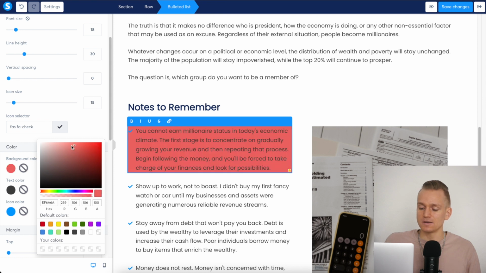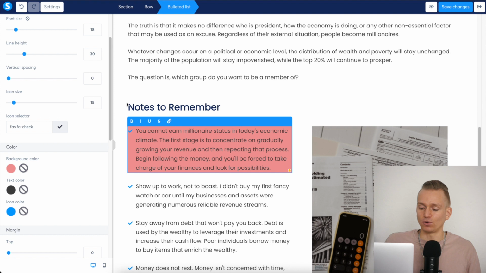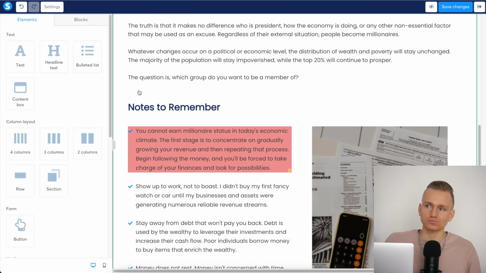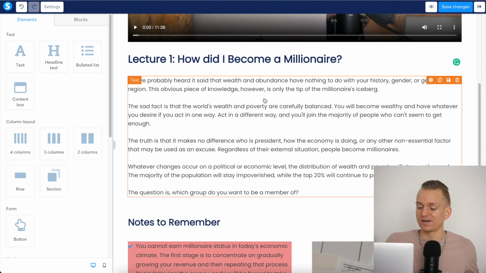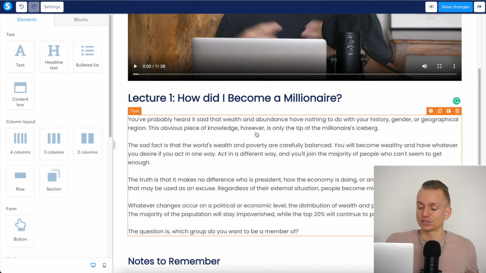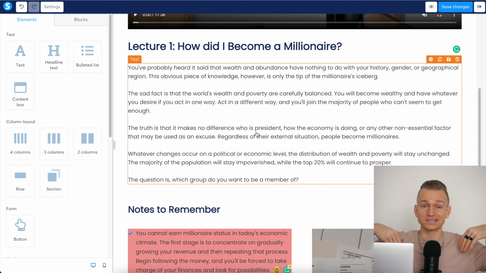So this for me is very, very powerful because, okay, it depends how exactly you want to go about this, but the fact that I can create my lectures instead of just plain boring text and that's it, I can create a nice, beautiful, basically almost like a landing page, like a nice blog sort of article. That for me is a pretty huge thing. And by the way, you also have some blocks. So if you want, you can choose some of these pre-made templates as well. And that's a huge, huge, huge thing.